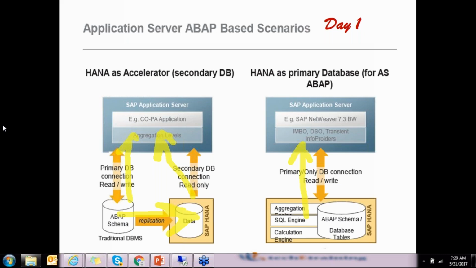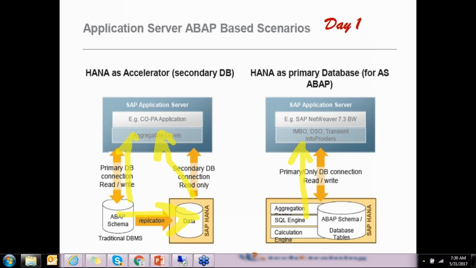Yeah. Hi, Venkat. Prasanna here. Hi, Prasanna. How are you? Yeah, I'm good. Thanks. Sorry, I joined late. I had a quick question on HANA as an accelerator, the secondary database that you are showing. So in this sidecar approach, we can still use ABAP and HANA skills to improve existing reports or existing programs that we have in SAP ECC.